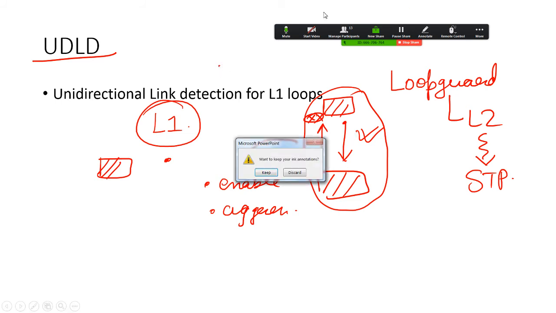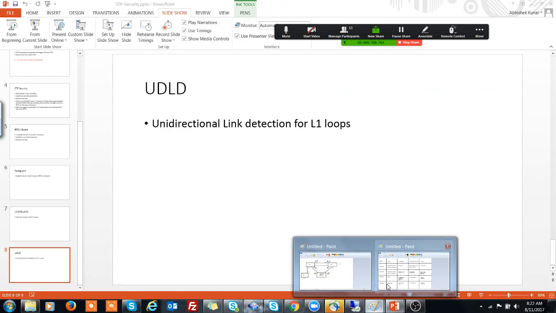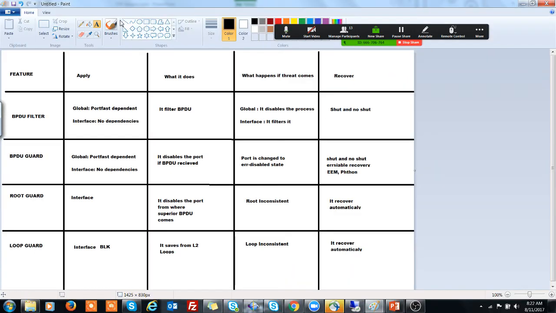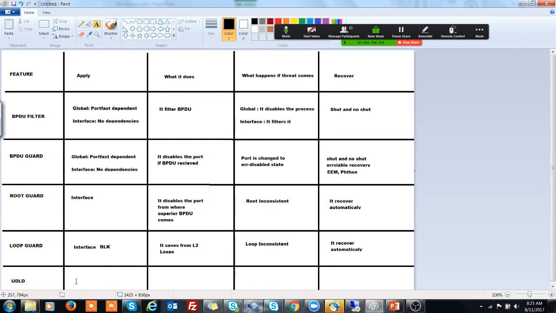So when we talk about UDLD particularly, that would be the last feature, security-wise, which we will be talking about. UDLD, it is basically applied where?